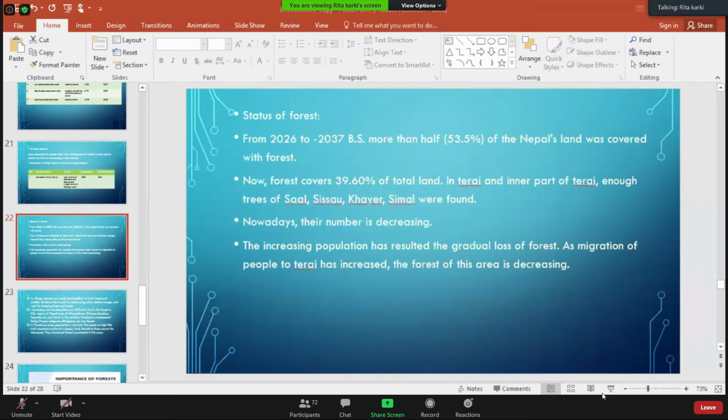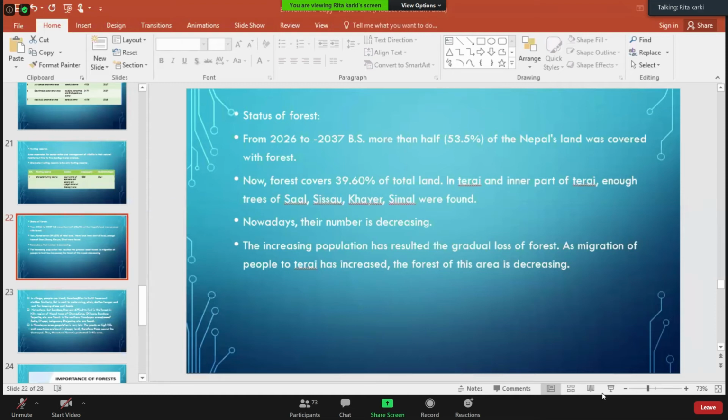Not only that, we can obtain firewood from the forest area, which is one of the obvious factors. Similarly, timber products are obtained to build our houses and to run varieties of factories and industries, especially those related to furniture. Similarly, the water cycle gets regulated because of the forest area. The timely, even rainfall occurs in forest areas present in different places of the world and of our country. But gradually, the amount of forest area present in our country is